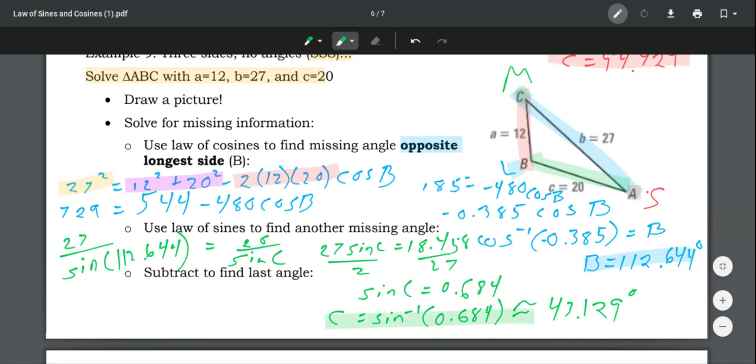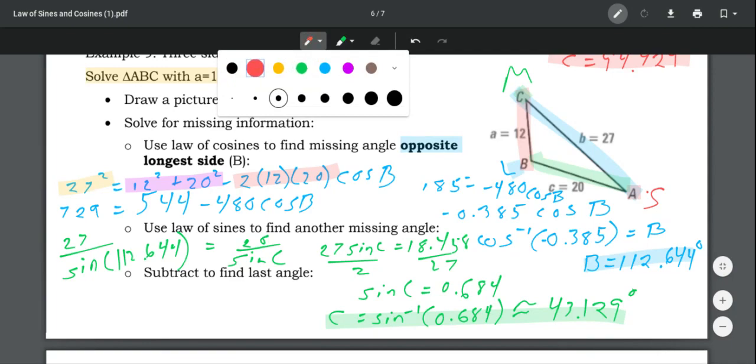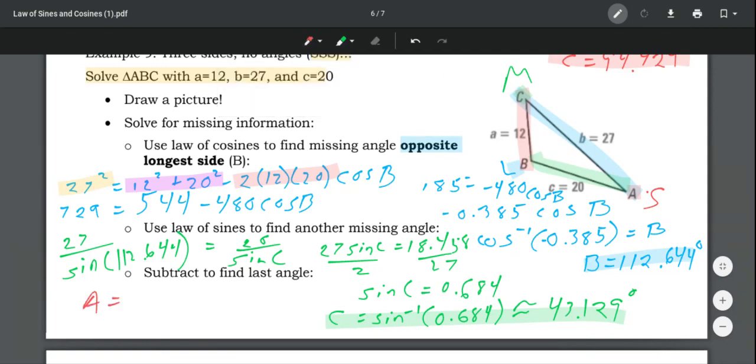Now, remember, we want to make sure everything makes sense. Well, that is less than B. So that's okay. So I know that B is 112 and C is less than B. So we're saying that is our middle value. Now, finding A is quite simple at this point. Once you have two angles in a triangle, you use your triangle sum theorem to solve for the third angle. So A is going to just be 180 minus your 112.644, and then minus your 43.129. And if I subtract it, that is